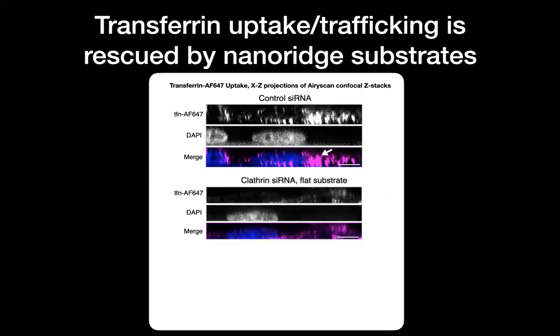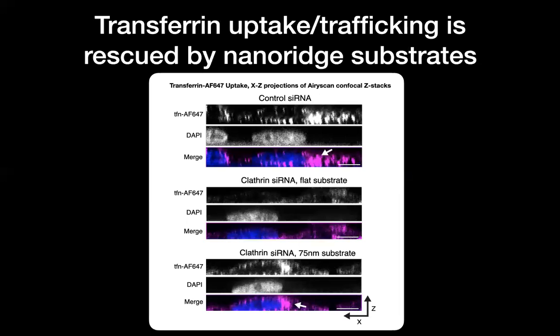But when you knock down clathrin, you see sort of weak membrane-bound transferrin puncta that are on the periphery of the cell rather than trafficked near the nucleus. But with these same cells on induced curvature, we actually see an increase in fluorescence of transferrin and a rescue of the perinuclear localization. So this is evidence that these vesicles actually form perfectly normally with induced curvature, even absent the clathrin coat, which tells us that clathrin's role is to stabilize the induced curvature.